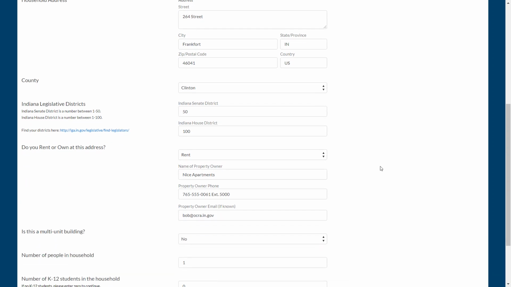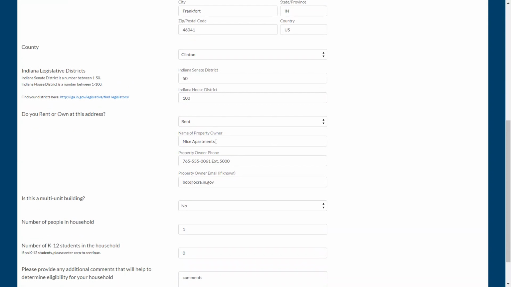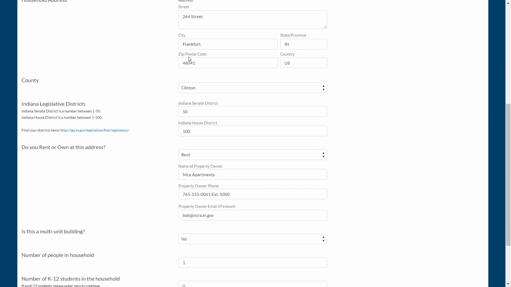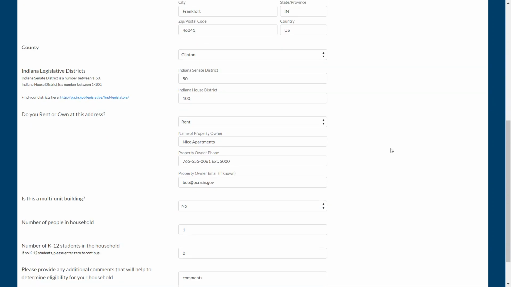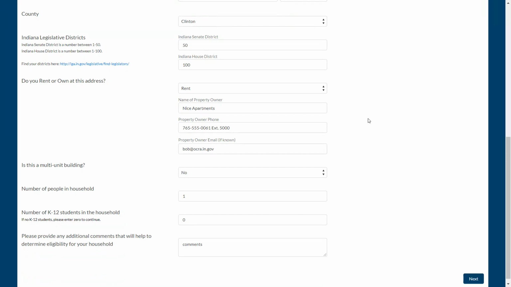Additionally, the applicant will need to go out to the Indiana Legislative District's website. There's a web address here taking them to the website where they can enter their household address, and it will provide them the Senate district and House district numbers that are associated to their household address. They will need to retype their household address at this website, as currently we are not passing household address information through to this website. Once they've entered the correct Indiana Senate and Indiana House District numbers, they can move on and